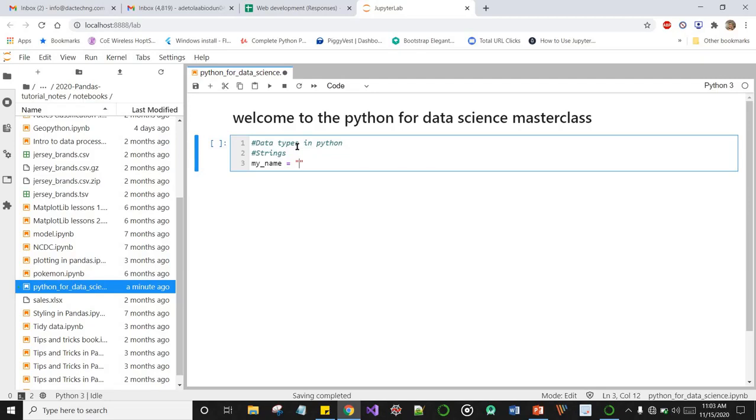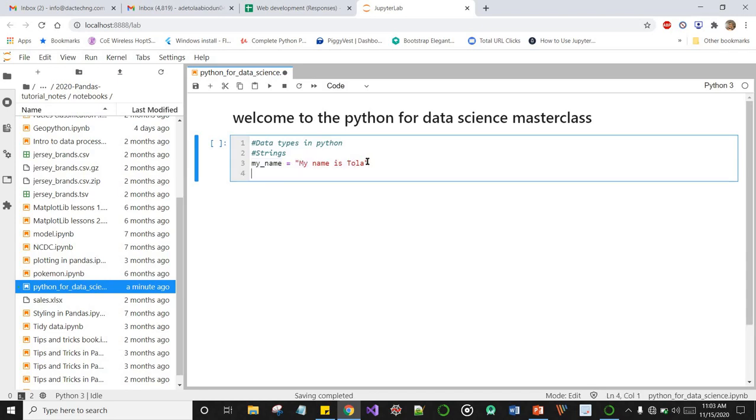So I can say my name is Tola. Okay, so my name is Tola is a string, and the value of this string is passed into the variable my_name. As simple. Okay, so these are known as strings in Python.